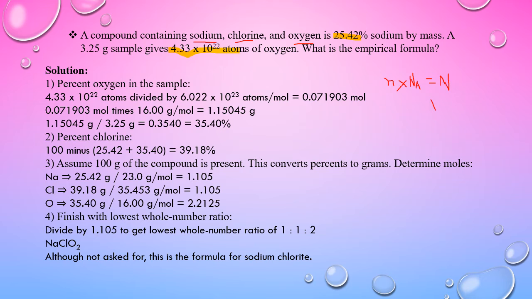Now we have the number of particles and we need to calculate the number of moles. So what we will do? Divide the given number of particles by the Avogadro number. So you will obtain the number of moles. I suppose this is clear into your mind, right? है ना, ये आपको याद है.